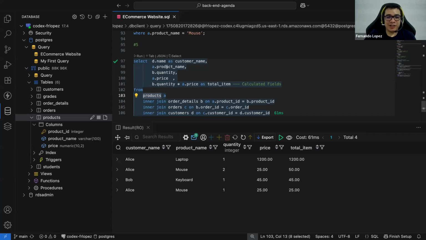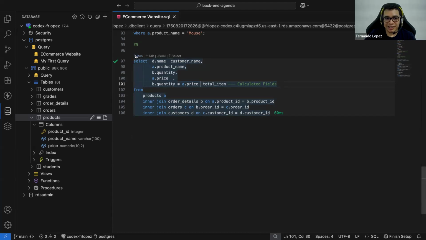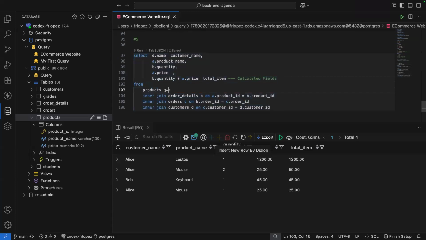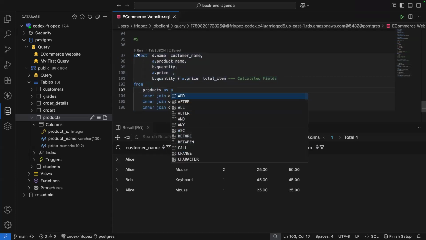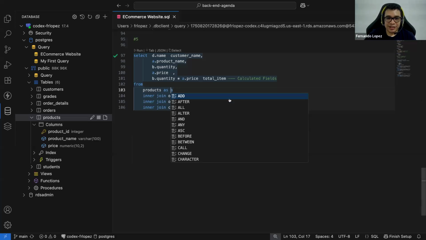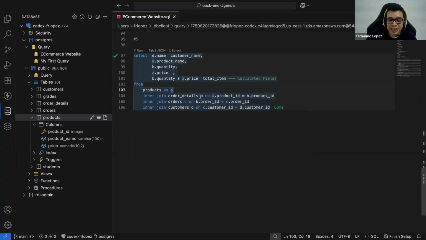Yes. Now, let me explain that this word is optional. You can skip this word, for example, this way, and it won't be a problem. You see, the query is working. For example, here, and you see this is working, but when you are using tables, it's not so common that you will see this word AS. It is an optional word. It's not necessary. You can rename a table or a column without using this reserved word.